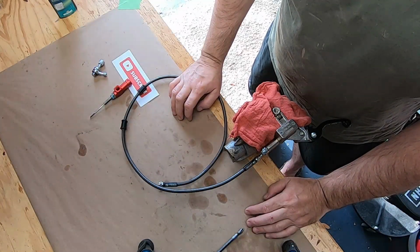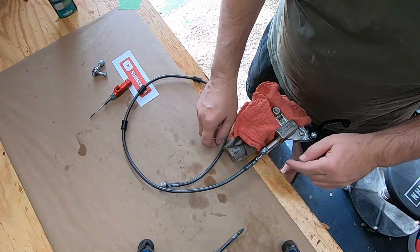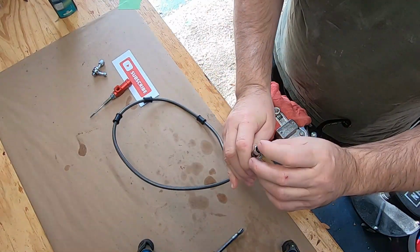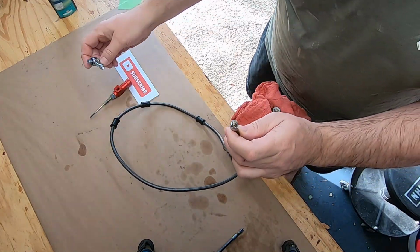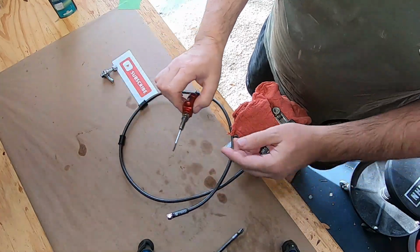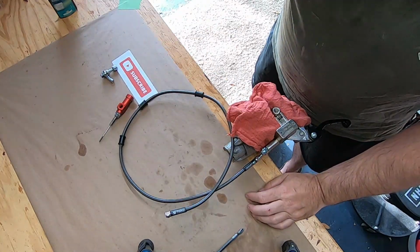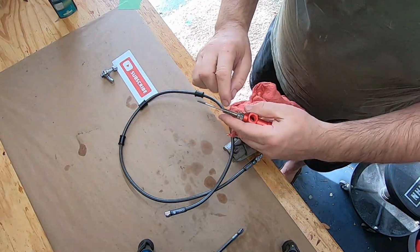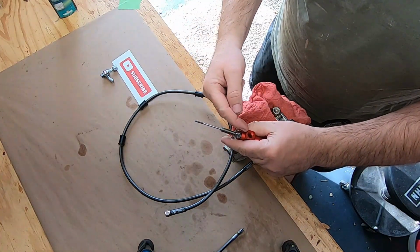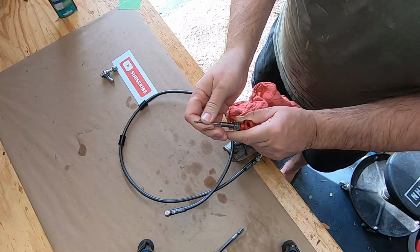Okay, let's see if we can make a mess. This is always kind of a messy little thing that we do. We're going to fill up this with mineral oil and try and prime this all the way down to the tip. And then what we'll do is put on this and then prime that. Try and get everything kind of ready, and then we'll go in there and purge and get it actuating properly. This is going to be tricky though, because whenever you squeeze it, it's going to go in there and retract, but there's no tension on it to pull it back. So we may have to do it manually,